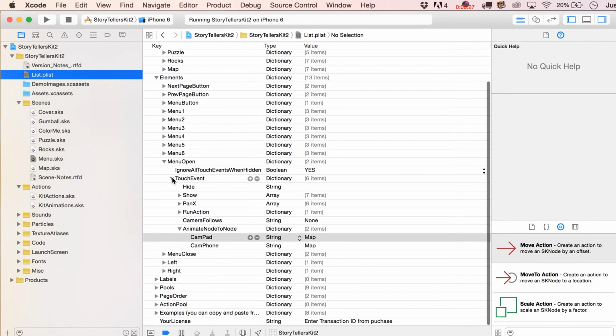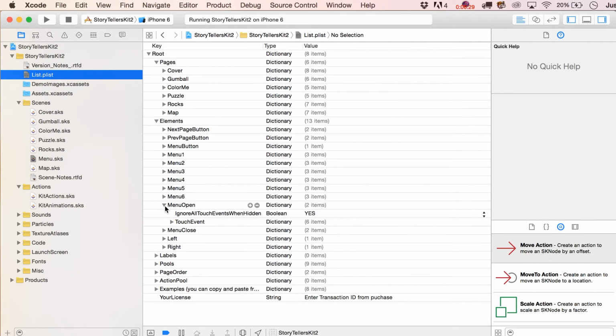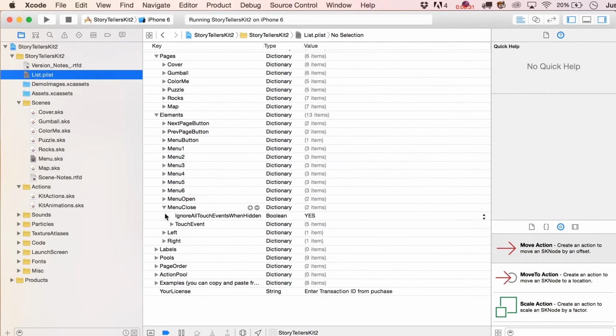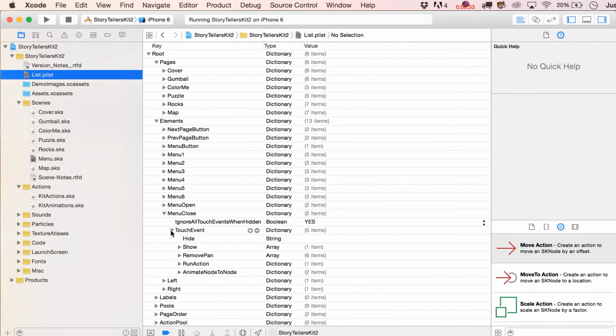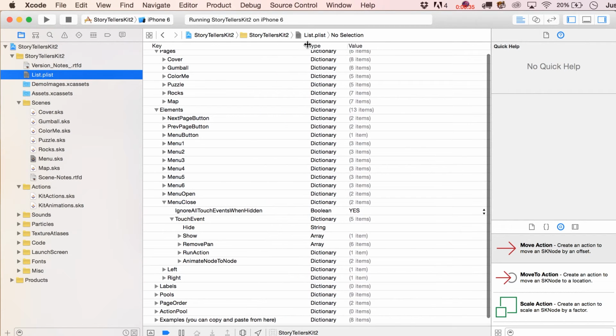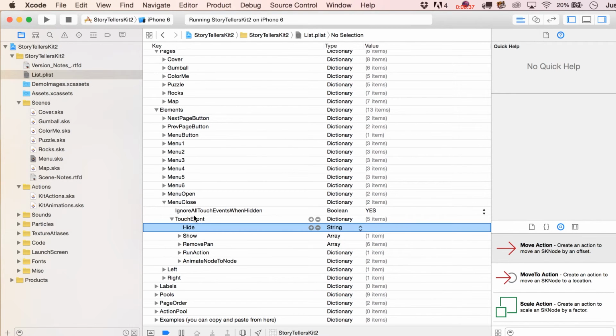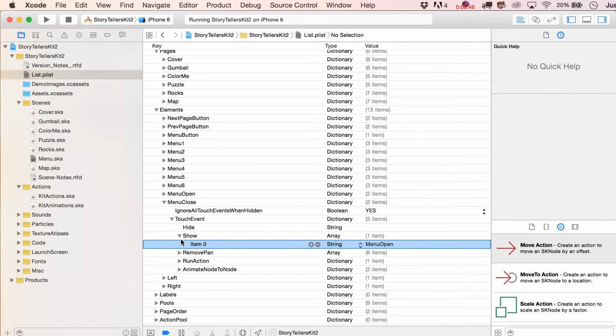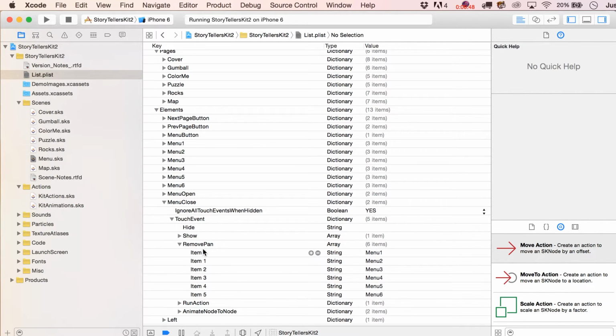So let's cut back over here to the property list. And yes, let's take a look at menu close. So fold that all up. All right. Again, ignore all touch events. And then for our actual touch event, we're hiding itself, okay, because we're no longer going to use menu close anymore. It's going to switch to showing menu open. So that's one of the things we're going to show, menu open. We are removing the pan, and